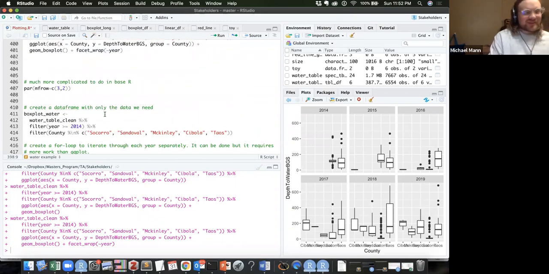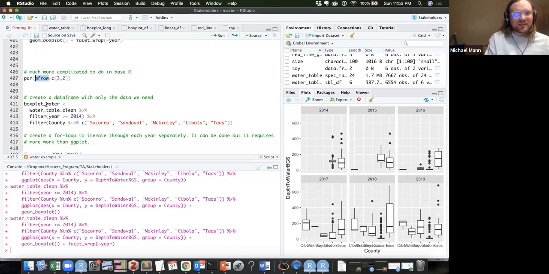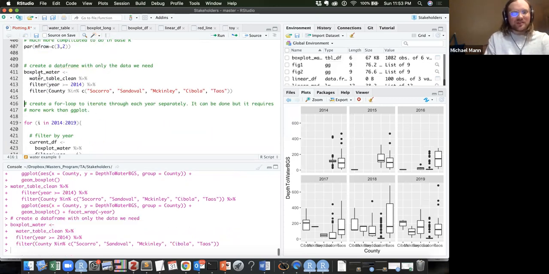What if we wanted to create the same exact figure in base R? It's really complicated. I'll give you just an overview of what I'm doing. I won't explain every step because it's throwing in a bunch of stuff we haven't talked about in this class. The only way to really do it is to individually compute each of those panels and then use par mfrow to put them all together. So it's basically take your data set, pull out everything only from 2014, compute it, then do 2015, compute it, etc. To do that, first I create this smaller data set to work with,